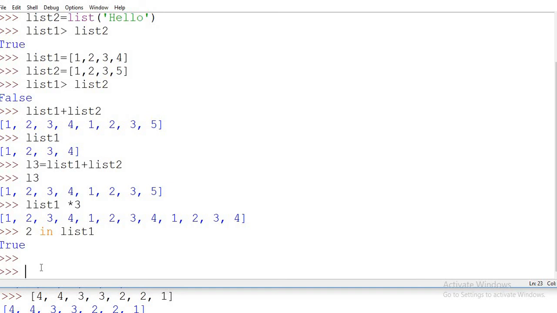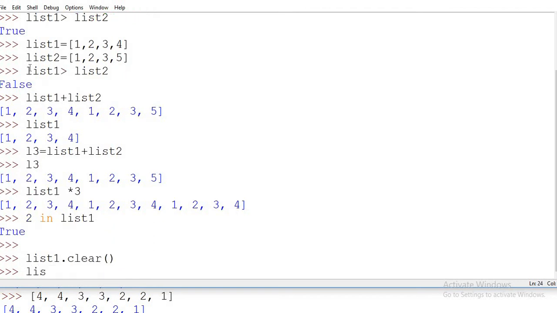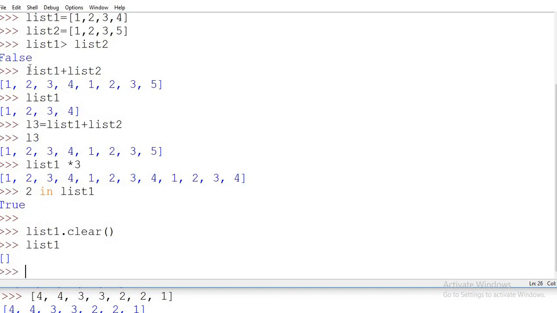If you want to clear a list, how can you clear it? I want to clear list 1. So I'll write list 1 dot clear, bracket open and bracket close, and list 1 is absolutely cleared. If you print list 1 now, it will print nothing because all the elements within that list have been cleared.